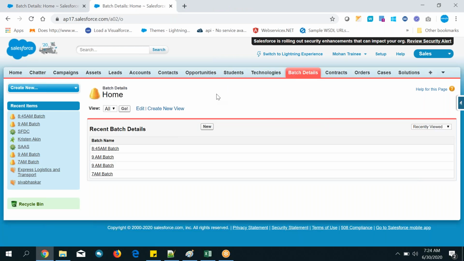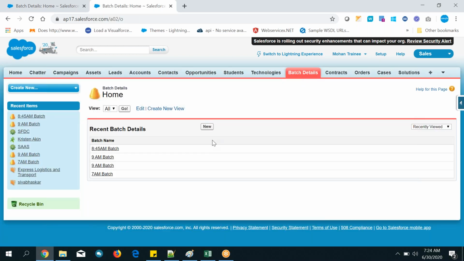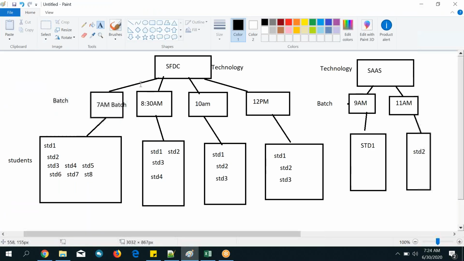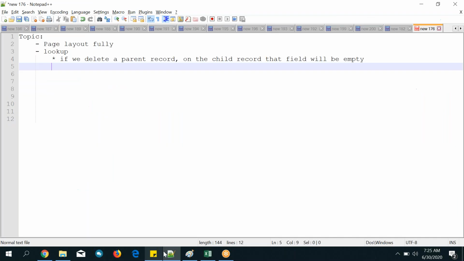So did you understand this one, guys? Technology and batch detail lookup relationship. So that's all about the lookup relationship. Nothing more is there. With that, what we have implemented is we have related the technology to the batch and connected them, and we have seen it like this. Is anything very difficult to understand over here? How simple it is. What we have done related to lookup relationship means on the child object we can